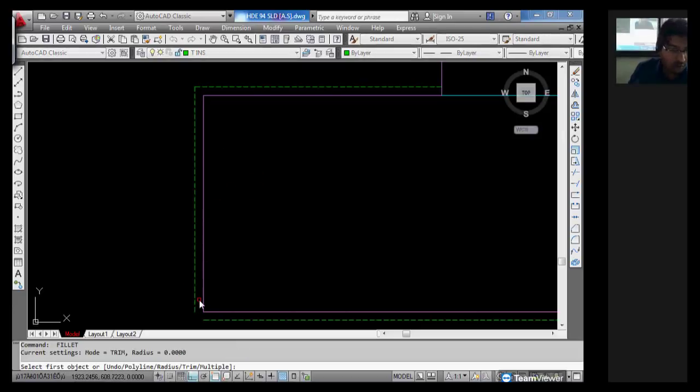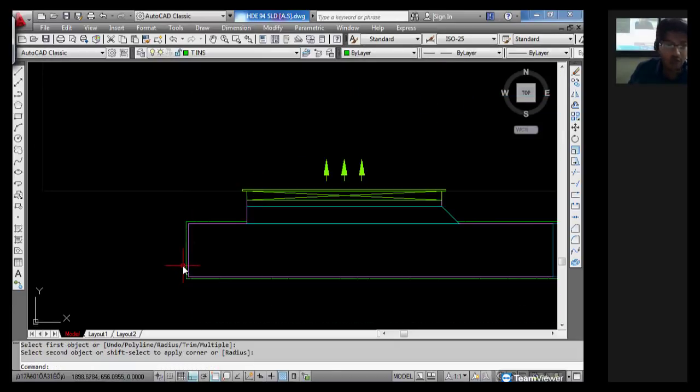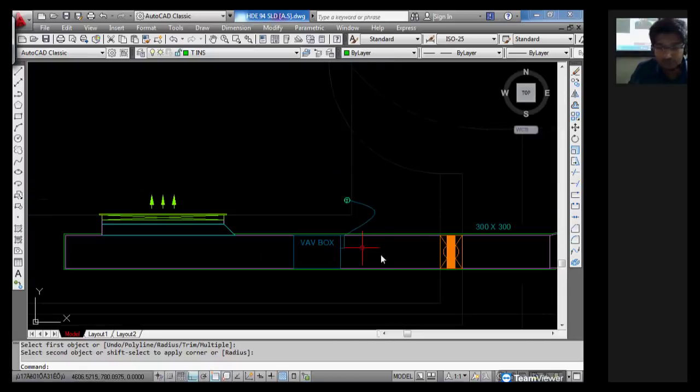Fillet radius with 0. F enter, R enter, 0 enter. जल्दी हो जाएगा ना काम।